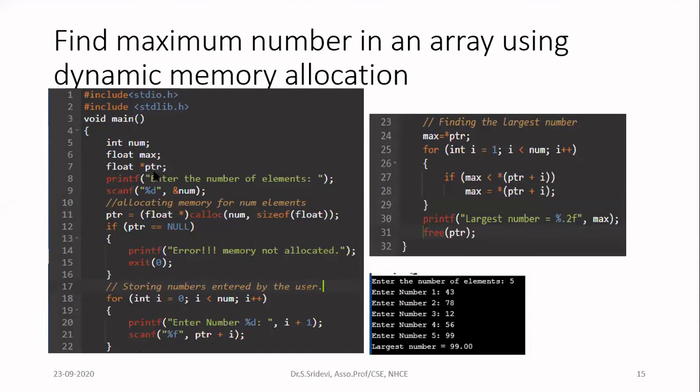What is the meaning of ampersand a of I? That is nothing but the address of the ith element. Now you have to give the address of the ith element with the help of the pointer. If you give PTR, that is the starting address, that is the address of the 0th element. PTR is equal to PTR plus 0. But I want the address of the ith element, so I have to give PTR plus I.